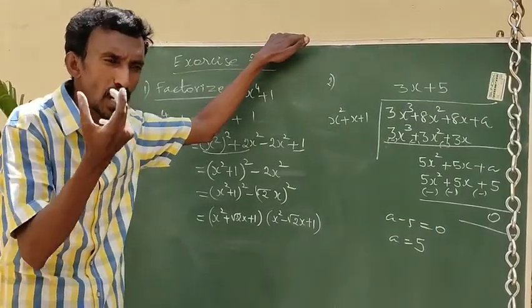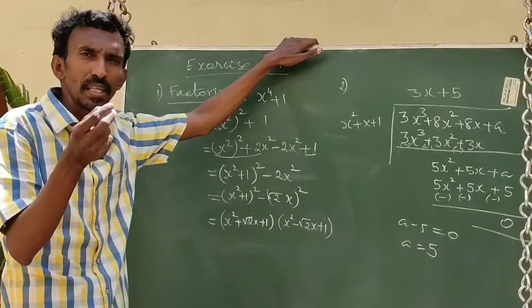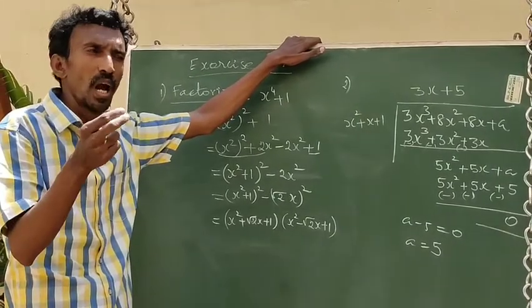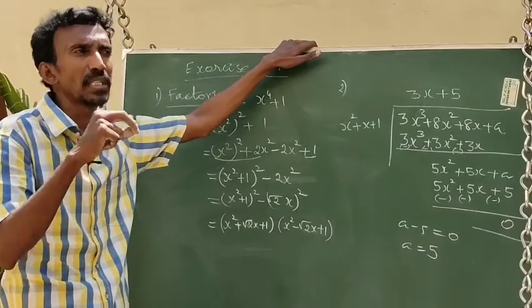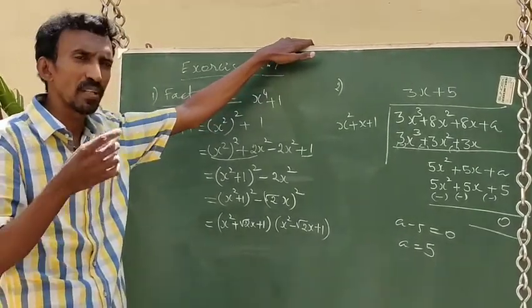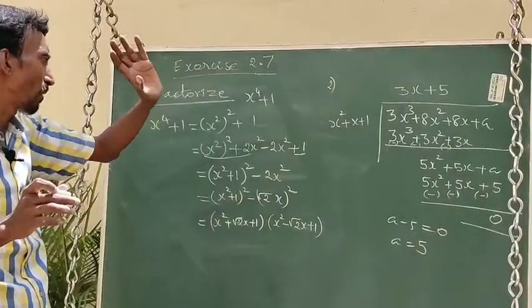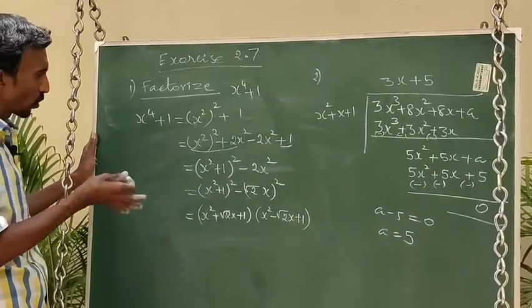With respect to the conditions, we have to eliminate the coefficients one by one, and finally we have to write the polynomial. That is called the method of undetermined coefficients. But the exercise problems are very easy ones. We can solve exercise 2.7, which is not similar to that one.